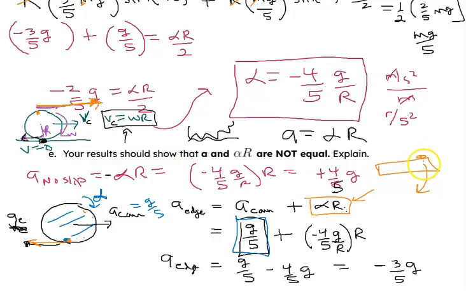The meter stick was falling faster than 9.8, and that's the formula you use to figure out the linear acceleration, because it's being forced to move through space in a circle. So if you take g over 5 minus 4/5 g, then you get that point is moving backwards faster and faster at 3/5 g,